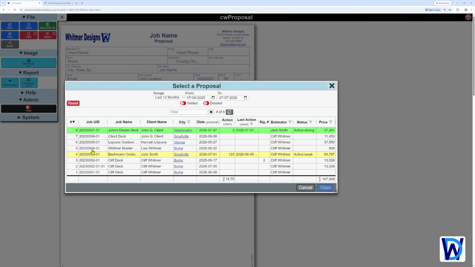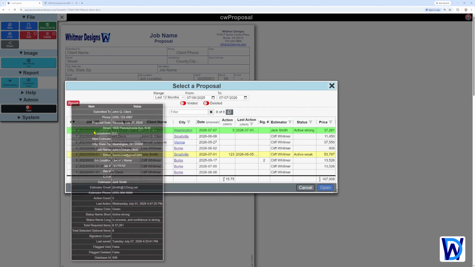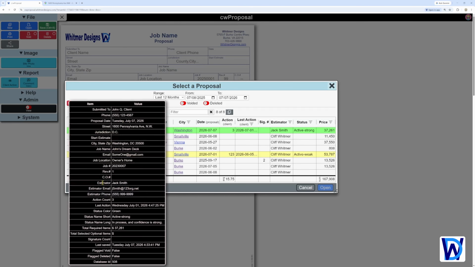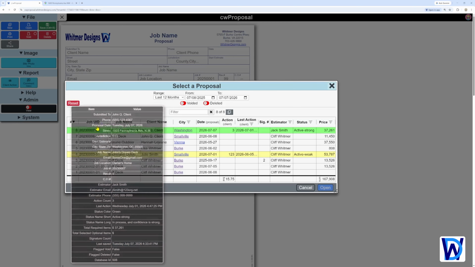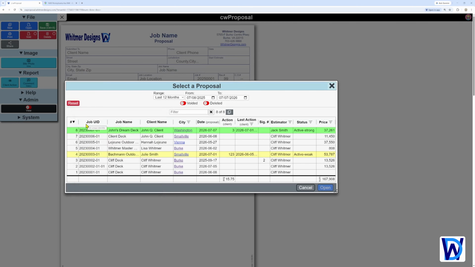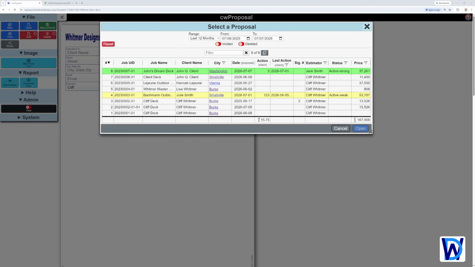So any one of these, if I just hold down and let go, it's going to show me that information, total required items, the signature count, the last time this was saved, all of this information that's available to you here. So just a quick way to do that, and some things you can do real fast without actually opening the proposal. Two more things that I want to bring to your attention is the